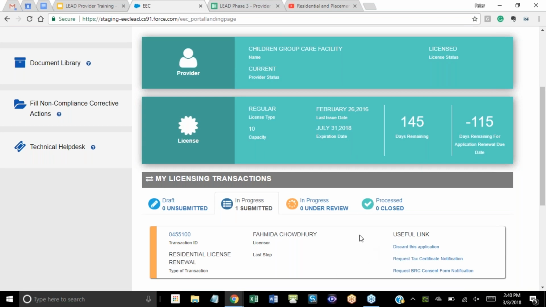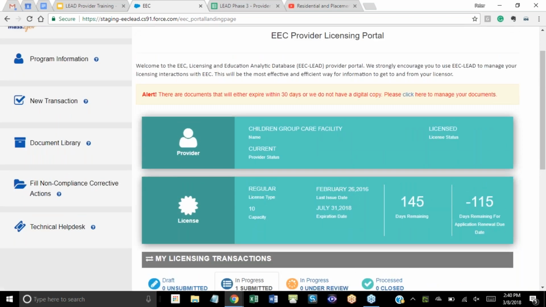If you need to upload something that you don't see in this list, we also have an other type defined up at the top of this list so that you can upload actually any type of document to your licensor, even if it's not defined in this list. The document library is available for you to upload documents to EEC at any time. So you don't need to wait until it's time for your renewal or time to submit any other kind of transaction. You can upload a document